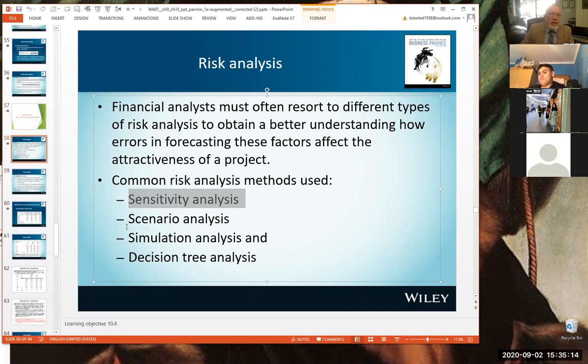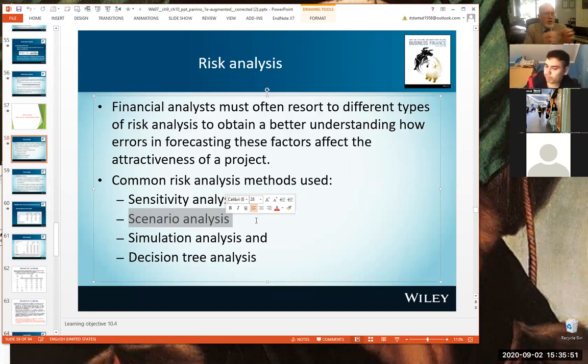The analysis of uncertainty in the whole package of variables is what you get to by looking at scenario analysis. Scenario analysis basically says, I've got the most likely scenario, this is what I think is going to happen over the next 5 years or 10 years. But I'm going to say, well, maybe the world might turn out better than that, and a whole lot of good things might happen. And so I'll look at a realistic scenario, which is optimistic. I might look at another scenario, which is the wheels fall off, everyone's died of coronavirus, you know, what's going to happen? Okay, so a pessimistic one. And so I've got scenario, scenario, scenario: optimistic, most likely, pessimistic.